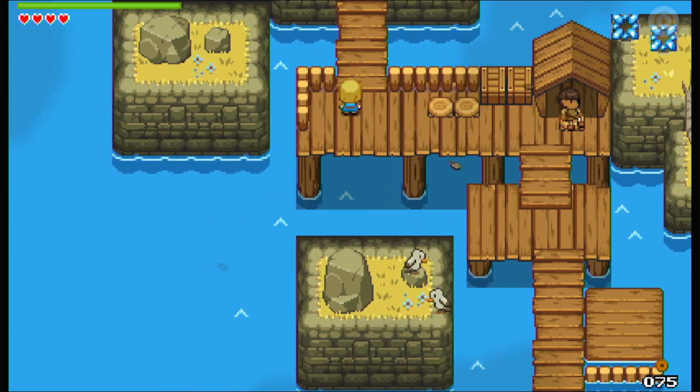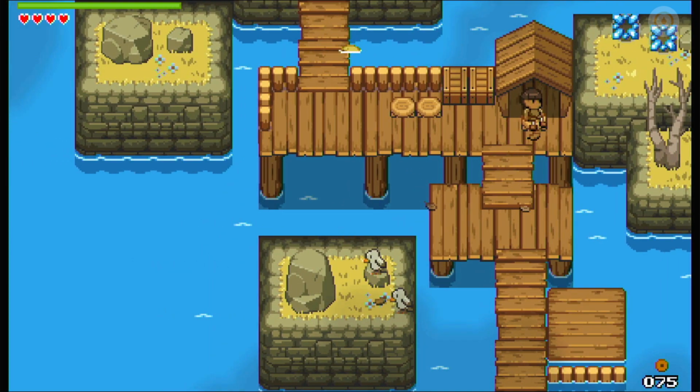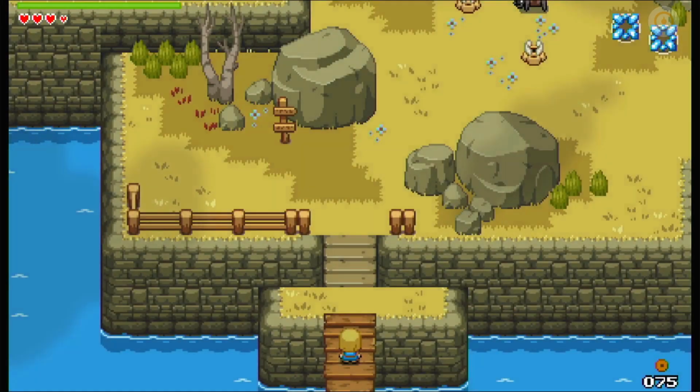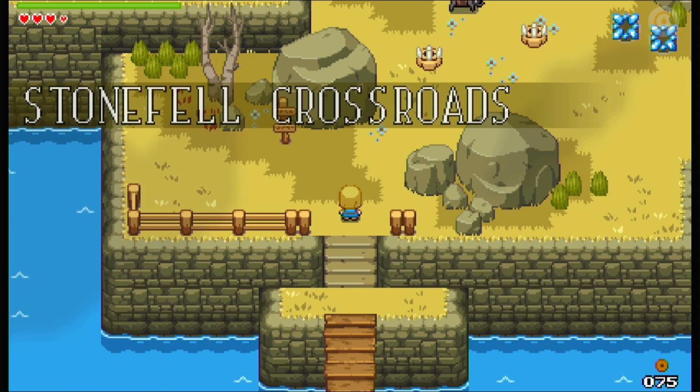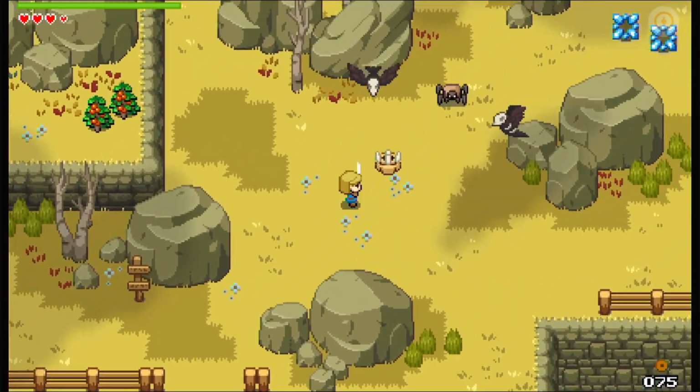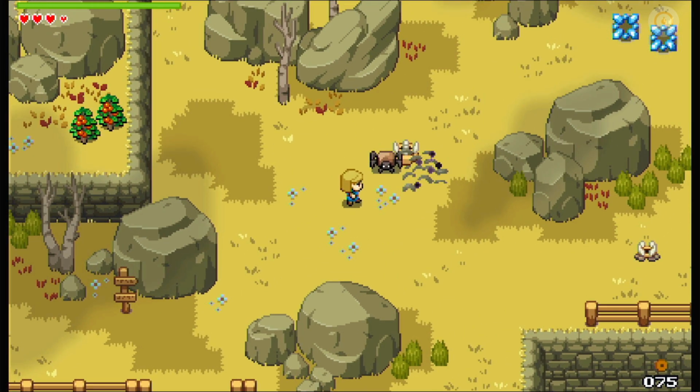Immediate first impressions that you may have as I drown poor Lilia. The immediate first impression you might have is Legend of Zelda, and that's what this game is. It's a Legend of Zelda inspired RPG. Beautiful pixel art,